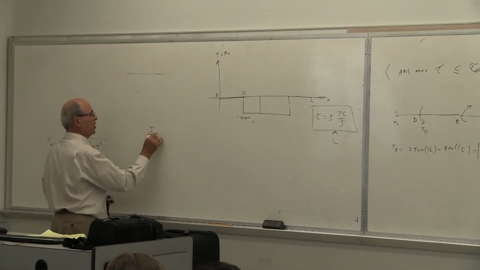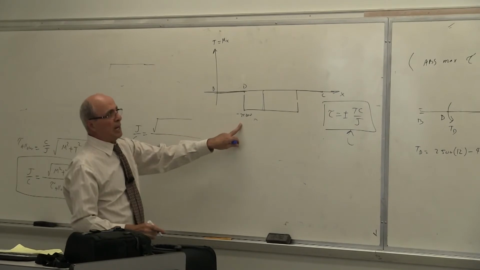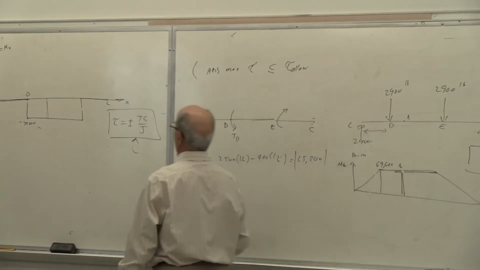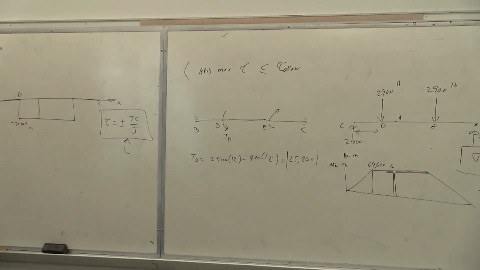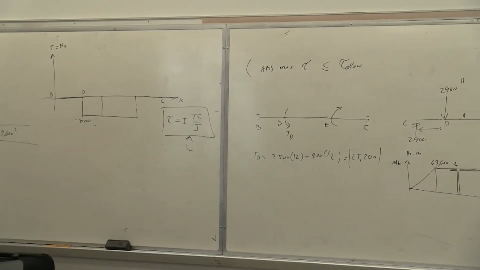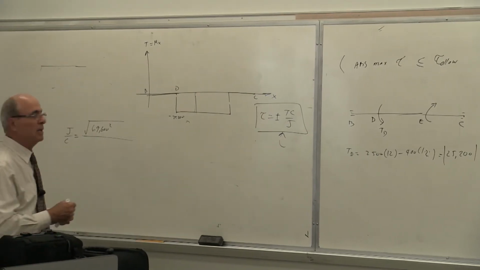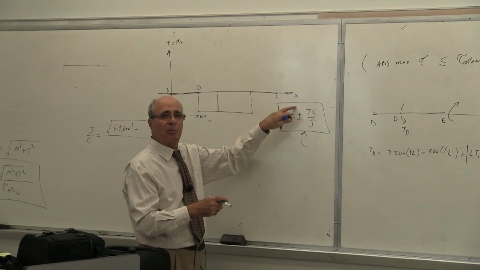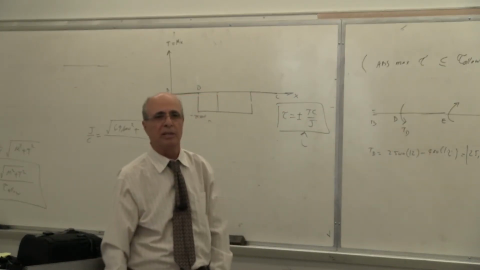J over c equal to the square root of m squared. What's m squared? M is 69,600 squared. Notice the sign plus or minus doesn't matter. That's what you were asking. Do you see that? Plus or minus, because everything is a square. Is that correct or not? And then plus again, because Tc over J, whether it's plus or minus, doesn't make any difference. If you square it, it's still plus. Is that correct or not?